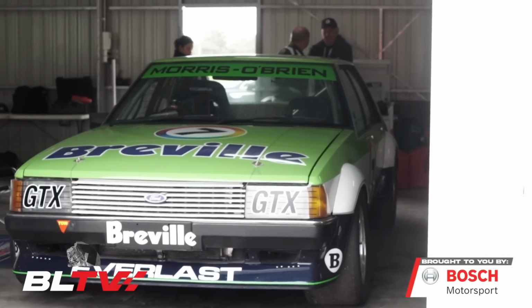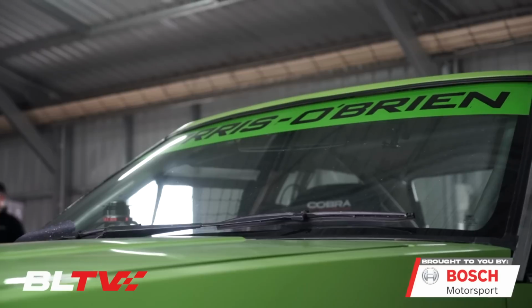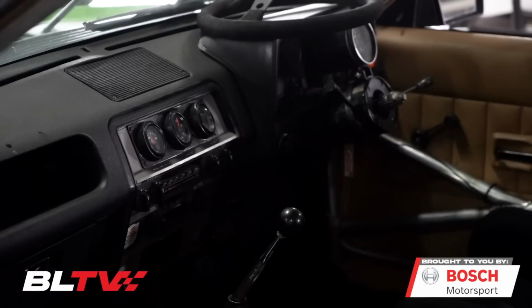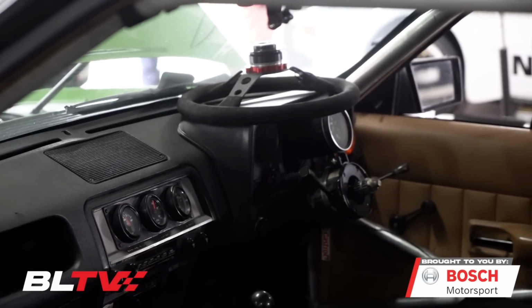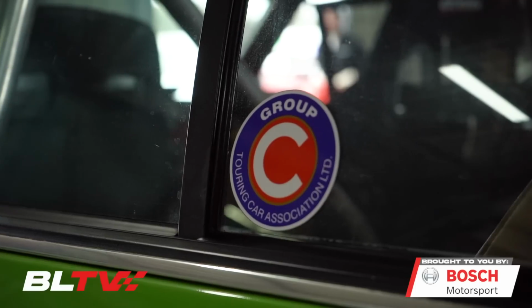Terry Lawlor. I'm here driving the original 1980 XD Falcon that Bob Morris and Bill O'Brien shared at Bathurst and the Australian Touring Car Championship. With Heritage Touring Cars, all these cars are the original cars and they're run to the original specs. They're very strict on that, including all the engine, which is a 351 Cleveland, a 4-speed top loader gearbox, and all the other mechanical specifications are what they should be back in 1980,